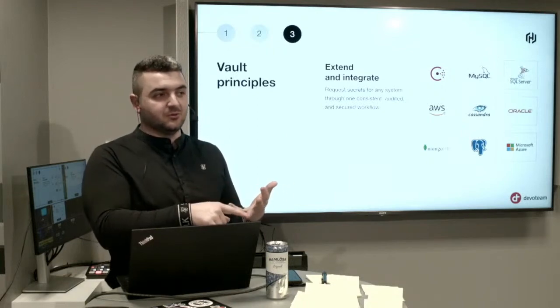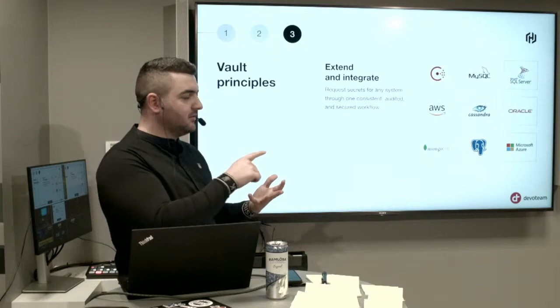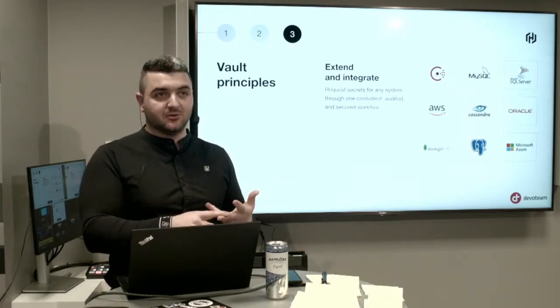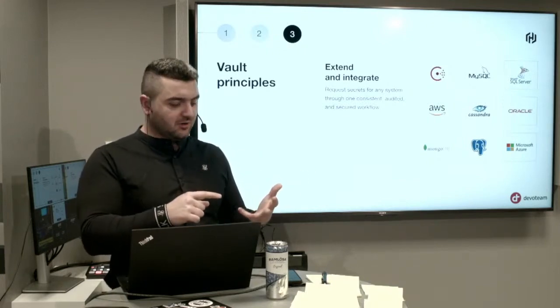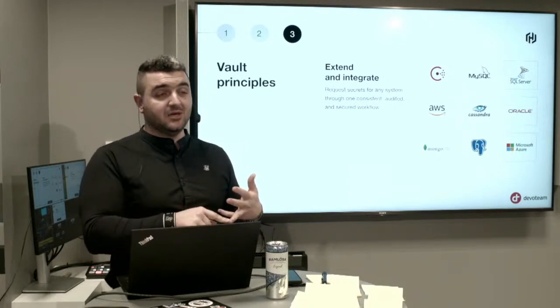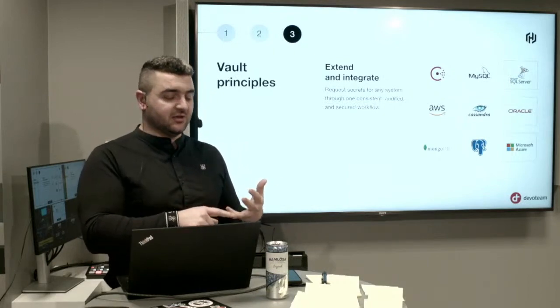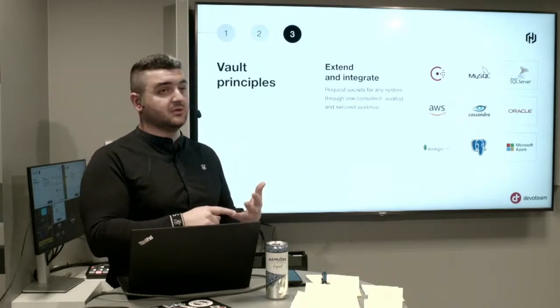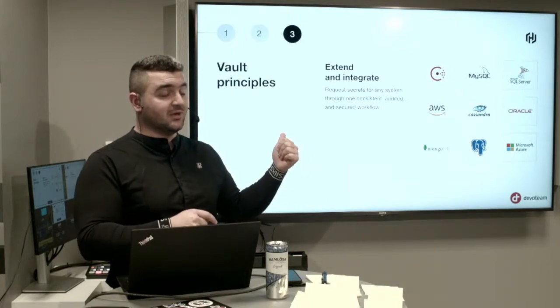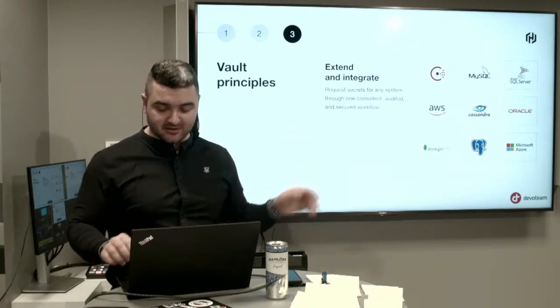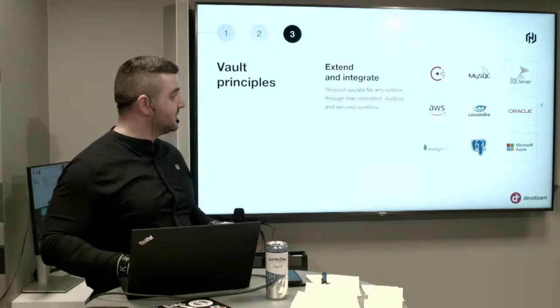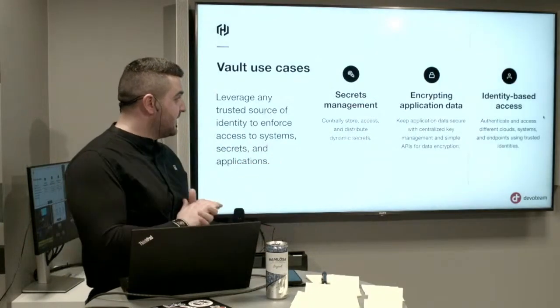Usually people use some data warehousing or a database. The biggest pain point right now is the database. What I see in my experience is that people want to secure the database, and that's where Vault is really good. I will have a really good example, so just wait for it.